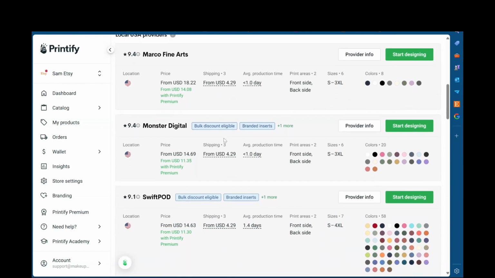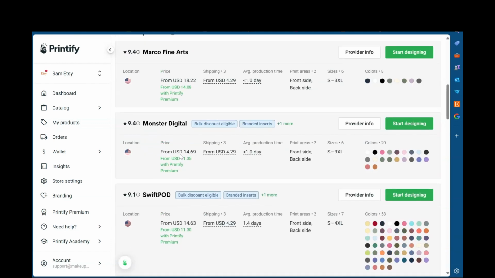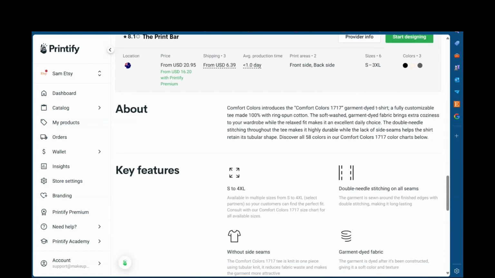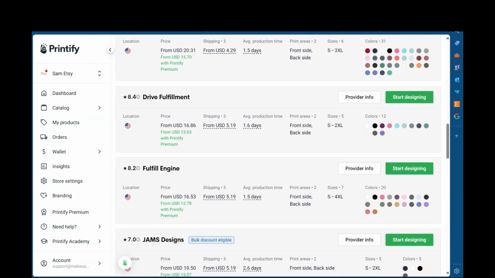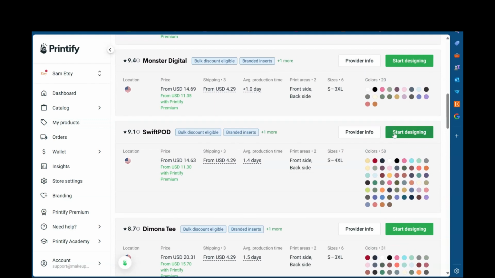And then you want to, of course, select the location because they show you the different pricing. So this is $18 to print this, 14, 16, 19. So it just depends on you, and it also tells you where it's coming from. So we're just going to pick the one here that's the cheapest right now, and you can see the sizes and the colors they have available. We're going to hit start designing,